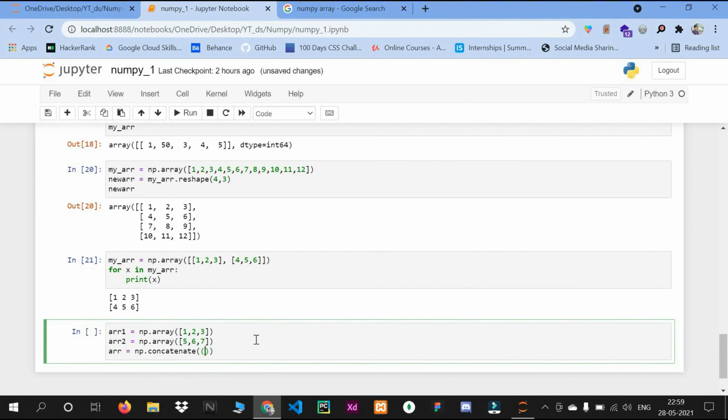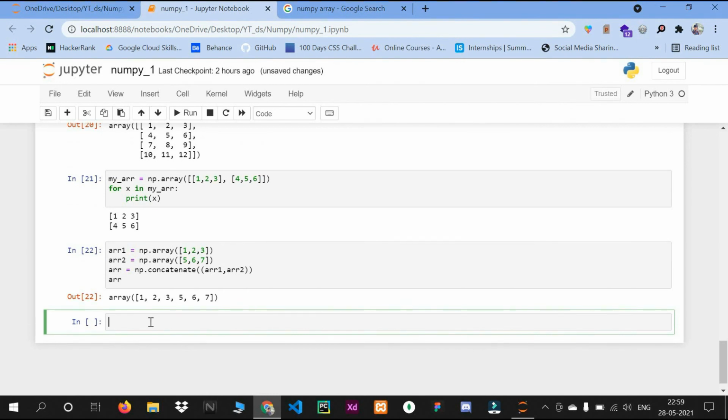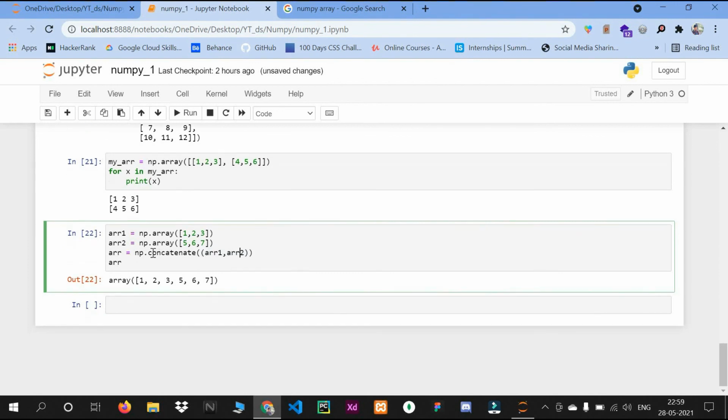We will pass our array variables, which are array 1 and array 2. So you can see we have concatenated our two arrays. This is how we can concatenate these two arrays, not by using the plus operator, because when you use the plus operator it will just add the elements, like 5 plus 1 is 6, and it will give one new array.